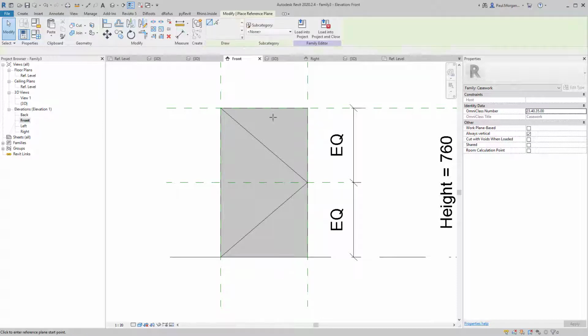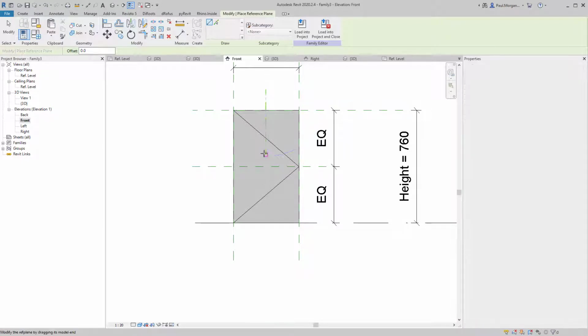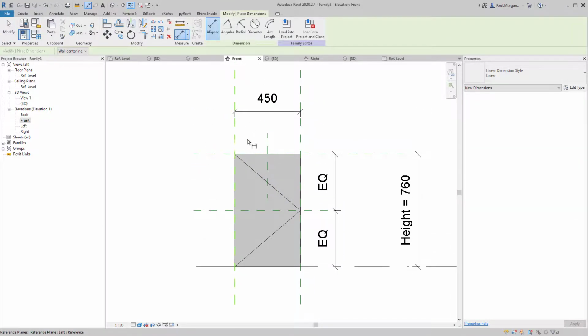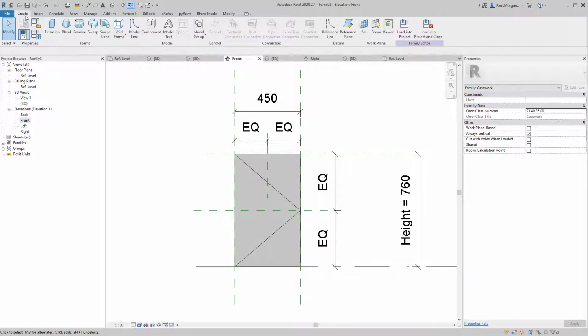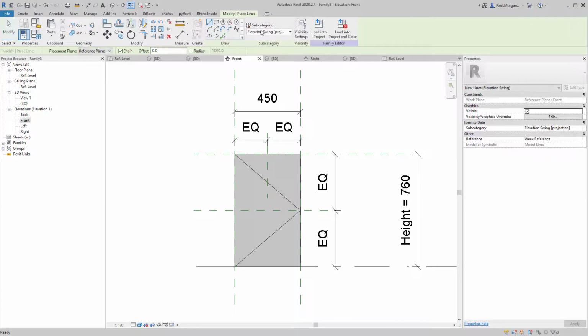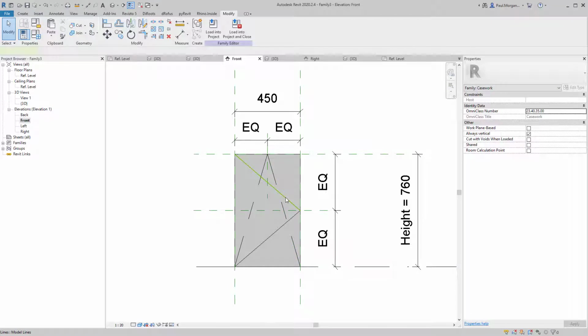I need to do a reference plane and just draw something like this. And then dimension it from this point to here to here. Click, hit the EQ, and that's good. Similar to how this was going like that. So I'm going to go back to create a model line. It's going to be a swing and projection, and then I'm going to start in this corner, come up to the center of the top of the door, and then back down to this point here again. All right, and those two,